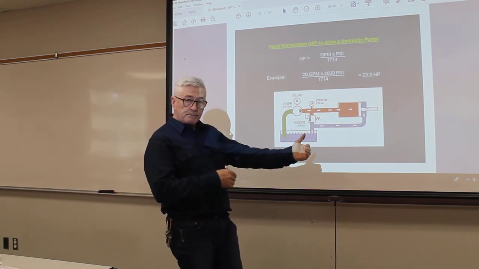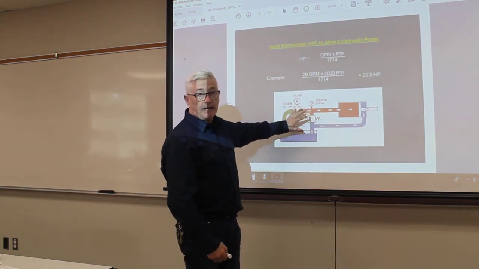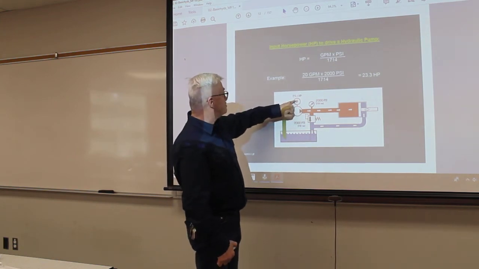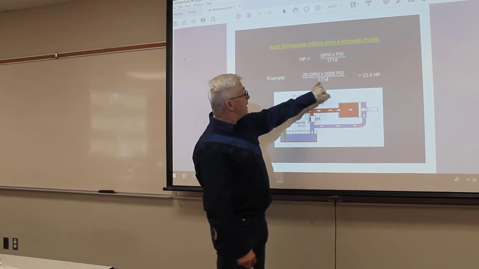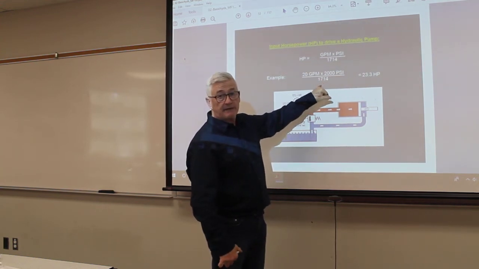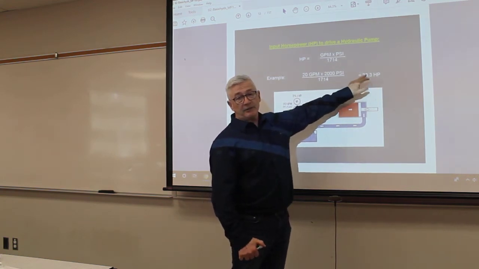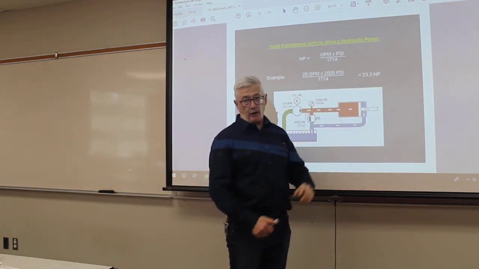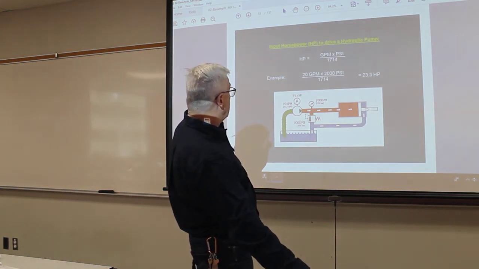Remember when we did the horsepower calculations, I literally have all the information now to calculate how much input I need on this prime mover. So 20 gallons times 2,000 psi divided by 1,714 equals 23.3 horsepower. That is what it's going to take to maintain that hydraulic system. All right, now,